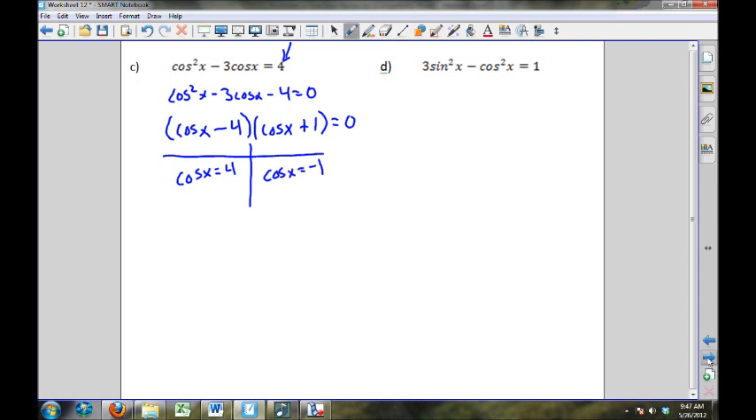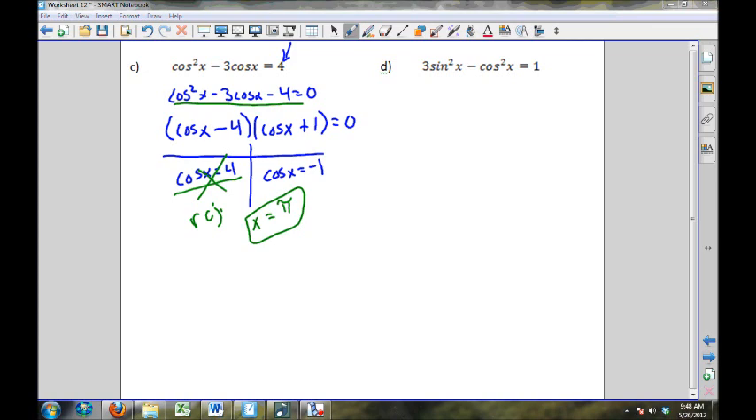Well, remember from our last example that cosine of x will equal negative 1 at pi. So this will be my solution between 0 and 2 pi. And cosine of x equals 4, well, the upper bound, or the maximum for the graph of cosine is 1. It's the maximum of its range, so it will never equal 4. I will reject this equation. So the only solution I get is x equals pi. That's the only time this equation will be true. The next one,